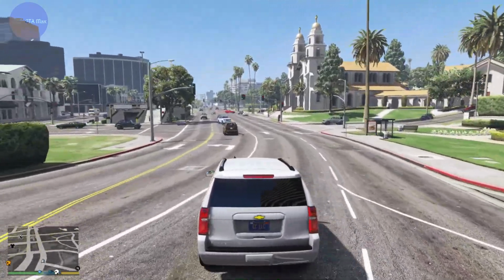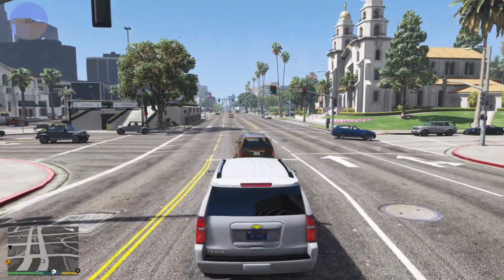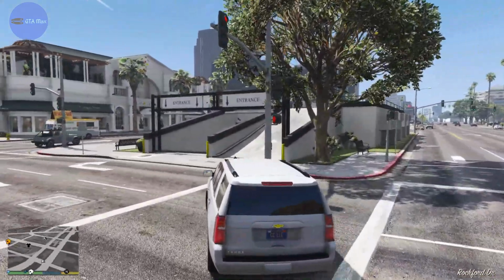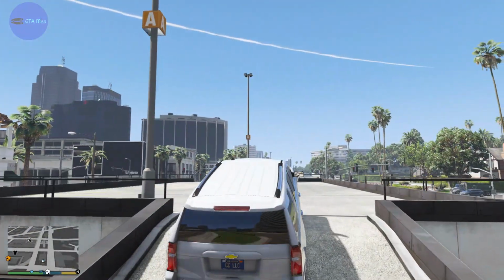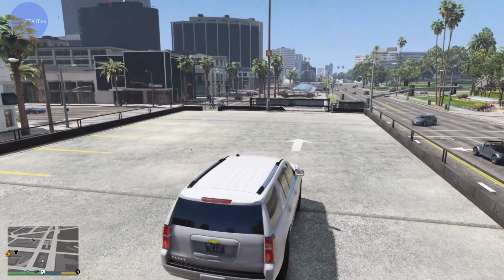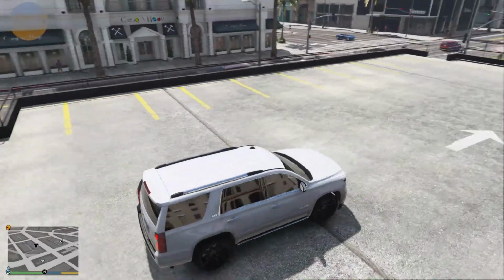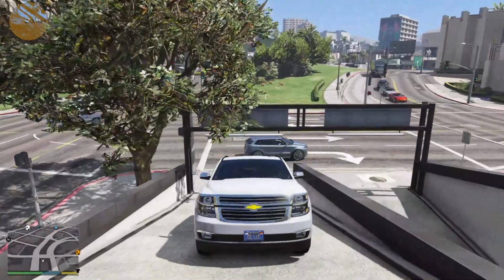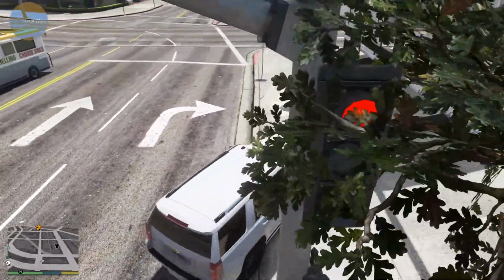Actually, we're here. I'm going to have to zoom out for this one because it's very interesting the way that this is set up. But let me go ahead and pull in right here. This is where we're at. It's sort of like a parking garage, but it doesn't have a roof or anything like that. There is an entrance at the bottom over there. So let me just back out so I can show you guys. There is an entrance over here,